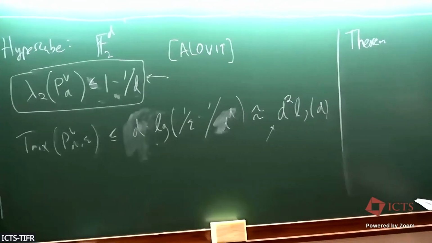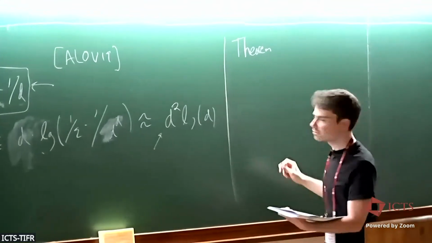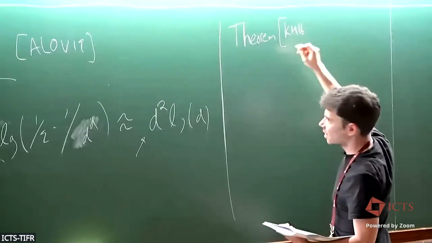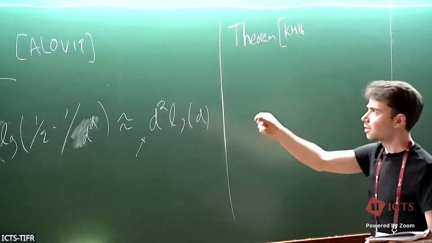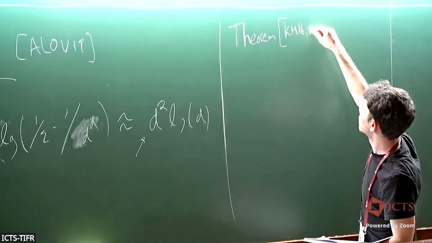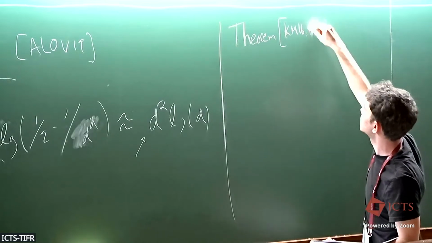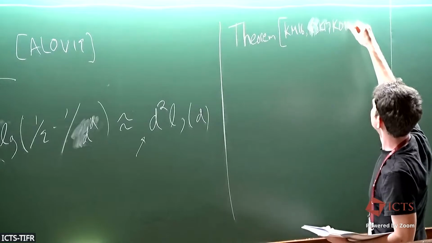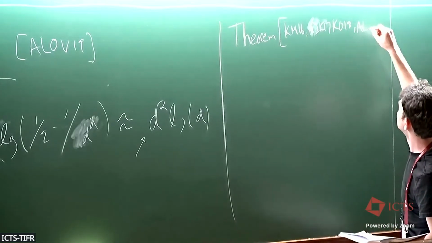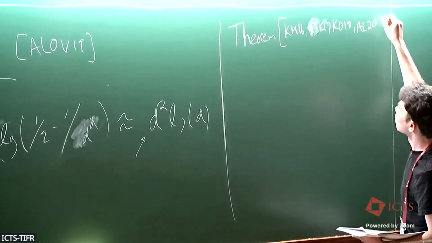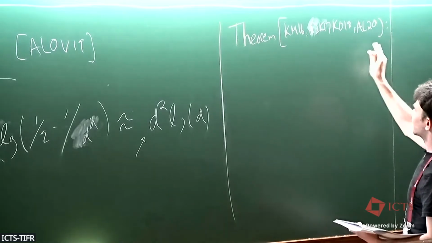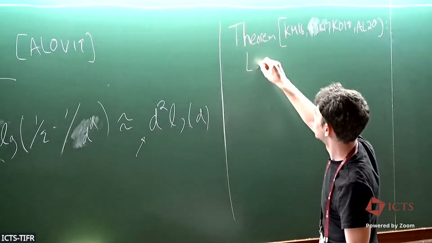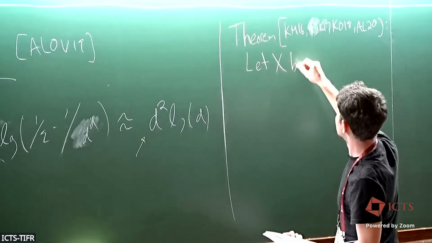So there were a number of works leading up to this theorem. Initially, Kaufman-Mass studied the mixing time and lambda 2 of these random walks. Then Dinur-Kaufman, Kaufman-Oppenheim 18, and then Lau 20. And later we'll see even a newer version of this theorem, but for now, so let X be